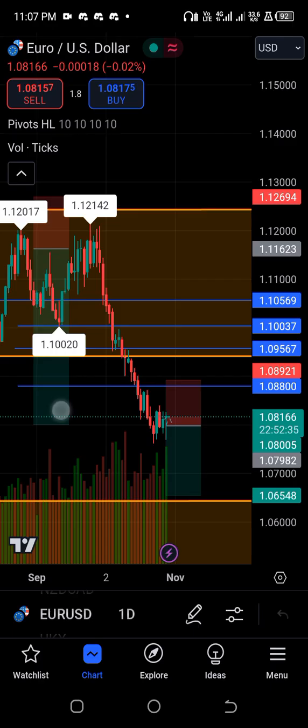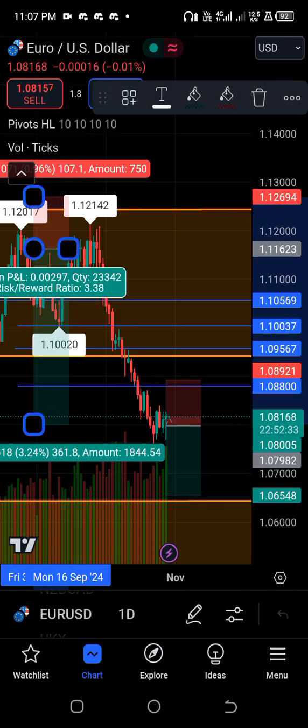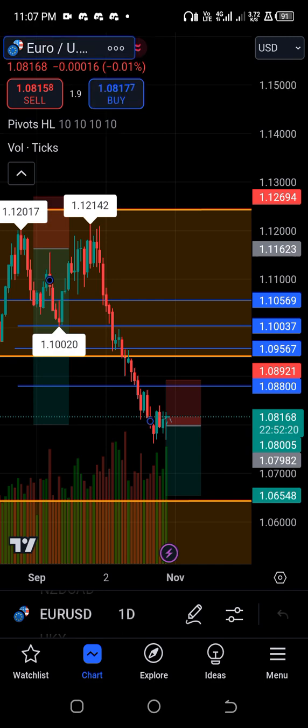The initial trade is a 3.38 reward to risk ratio trade, where I was risking around 7.1 pips and targeting 361.8 pips. The trade actually did play out as planned. Hit the profit target here,